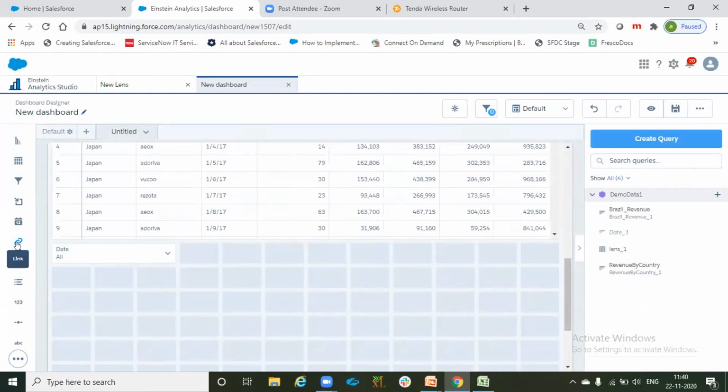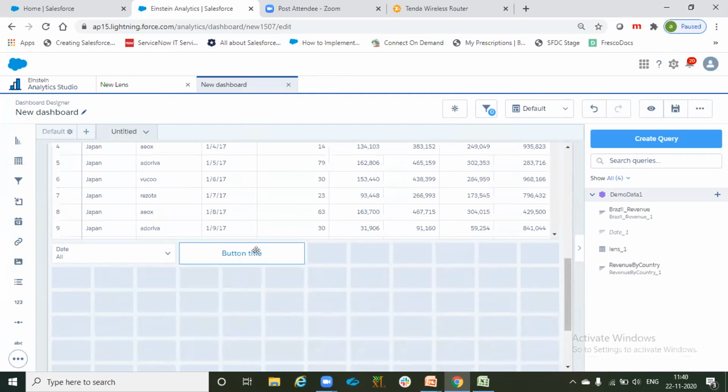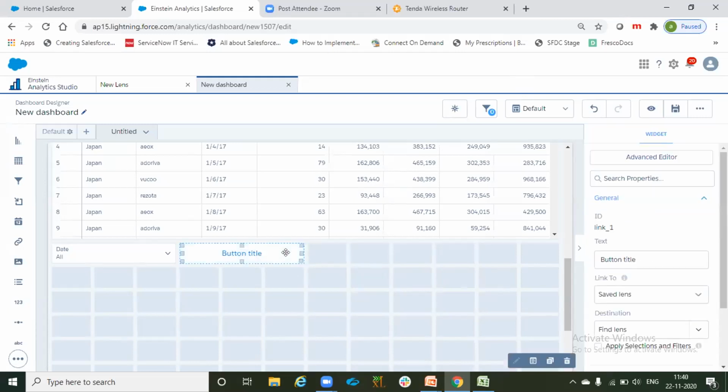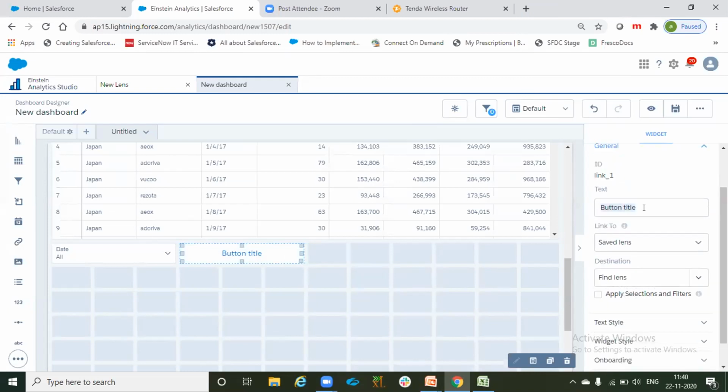My fourth one is this link. This is a very important one. So what is link? There are four functionalities in this link. Once we click on this link, we can see these many properties. So let's say I want that when the user clicks over this link, it will take the user to the Google page, right? So let me give some label. Go to Google, something like that.